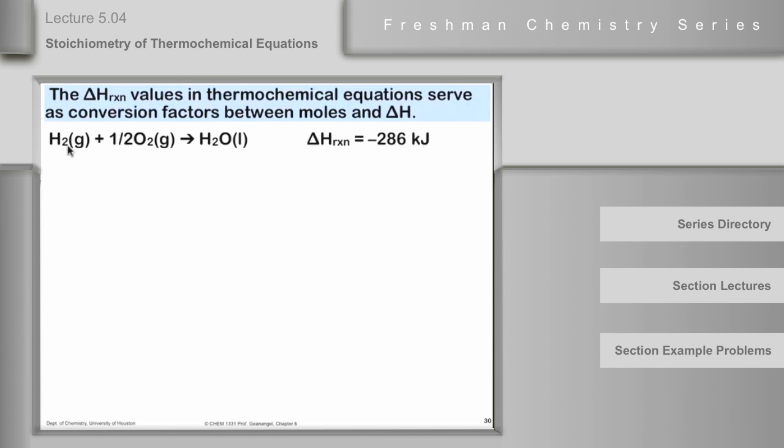Okay, so what does this say? It says if you take 1 mole of hydrogen and 1/2 mole of oxygen and you combine them in such a way that they make 1 mole of liquid water, if you did that inside a calorimeter, the heat change you would measure would be 286 kilojoules. That's the magnitude of it. Its sign would be negative because we have an exothermic reaction here. Right? So remember last time we talked about the difference between q, the heat of a reaction carried out in the calorimeter, and delta H, which is the heat of reaction expressed per mole of reaction. So those are the different things. In this case, delta H reaction being negative 286 means that to form 1 mole of water this way, we will expect to get with it